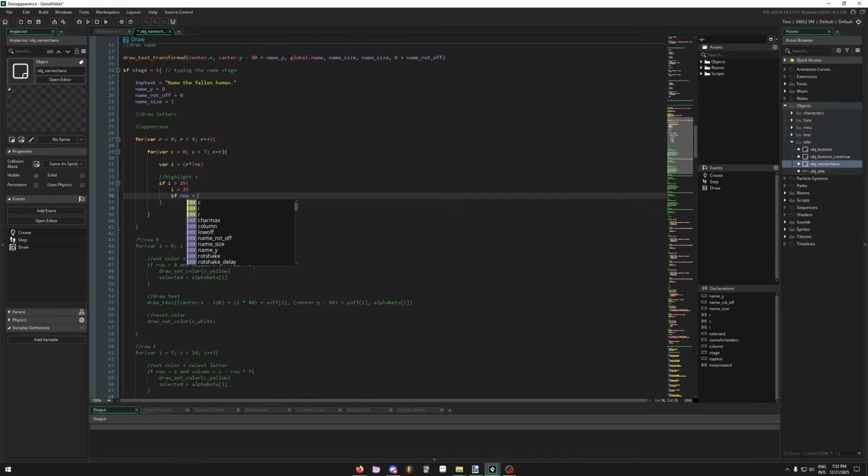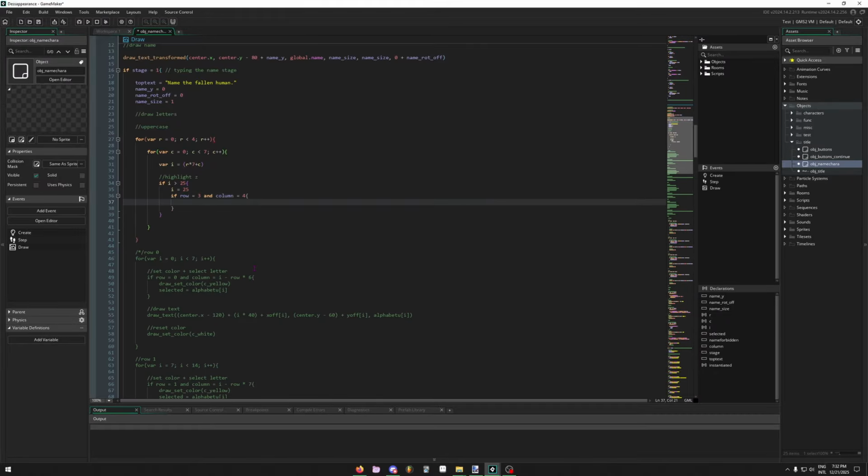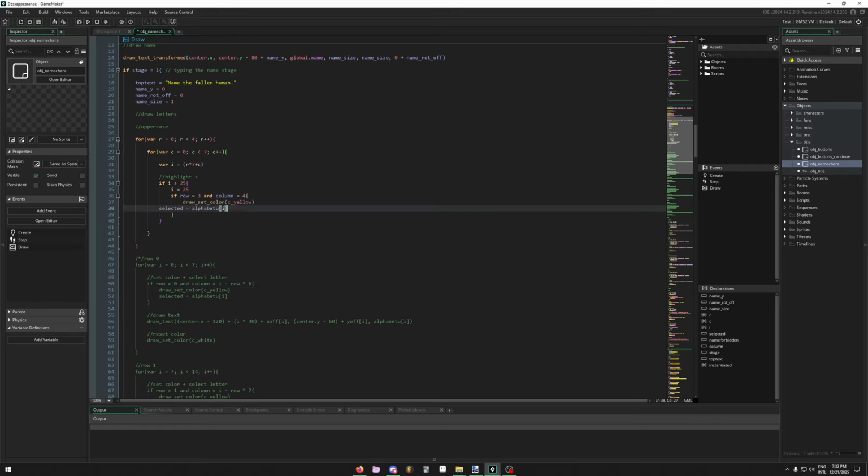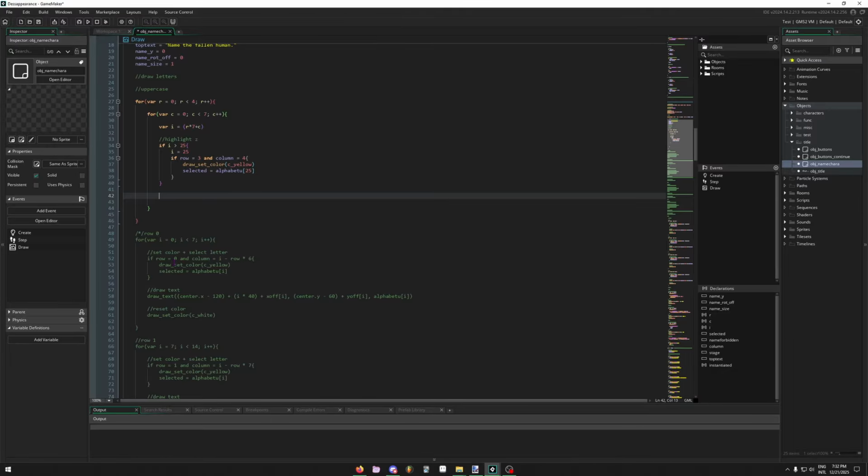If row is 3 and column is 4, we are going to draw underscores. Actually, yeah, we can copy the code from down here. Just draw set color and the selected stuff here. Indent this up like so. Okay. Instead of it being I, we'll just say 25. Okay. And so then down here, after this, we're going to